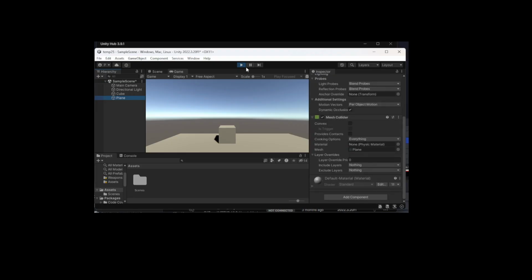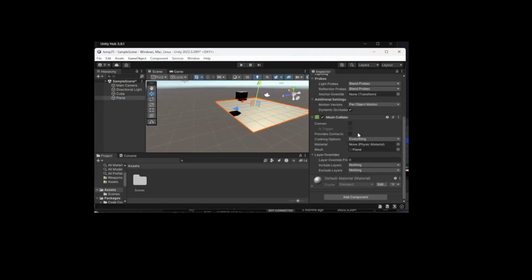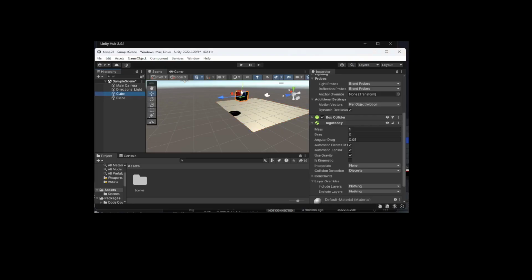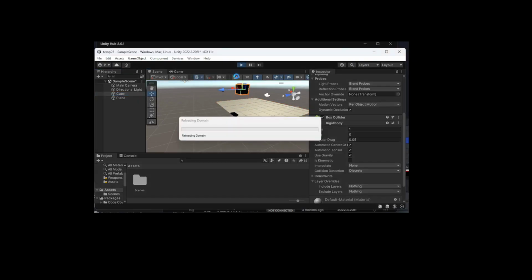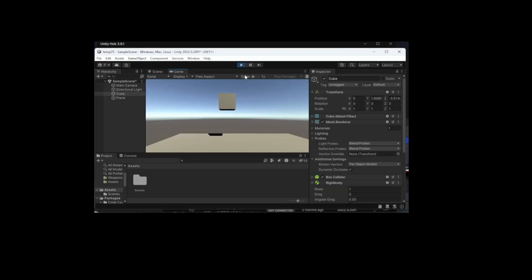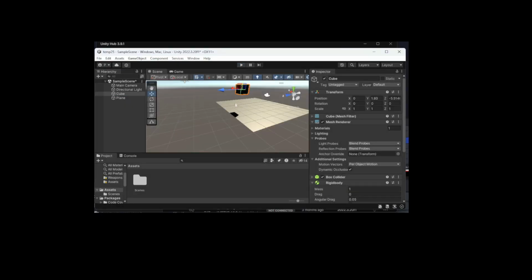So it stops our cube from falling down because it's got its own collider, but no rigid body component. Yeah. Okay. So right now our cube is falling down because of the physics system,